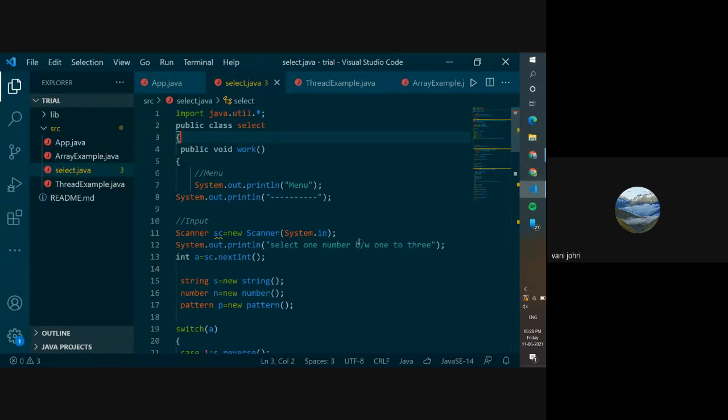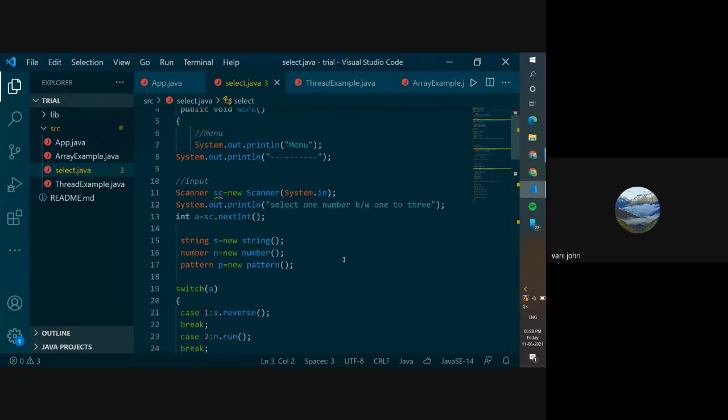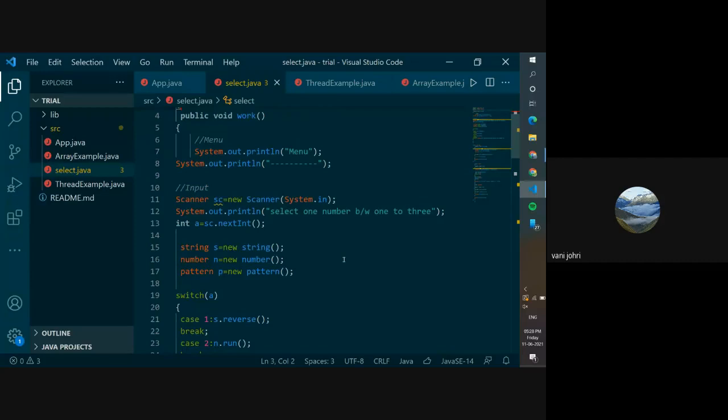Okay, so I want to show you guys one more thing that you can do. You can let the user choose multiple options. Like you choose one and then it just ends. You can write code in which, when the user chooses one and it prints the whole thing, like enter string, reverse a string, after that it asks the user again whether they want to choose another number. So how you can do that is,